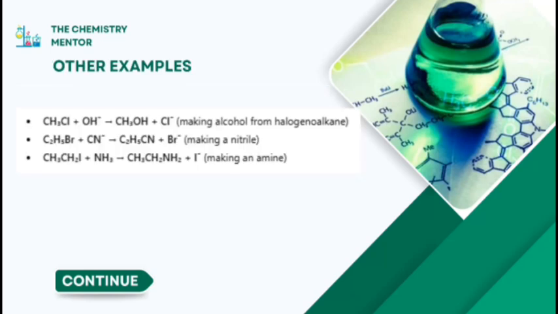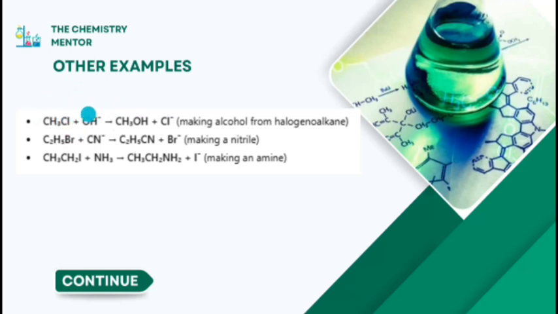Think of it like this: you are swapping a player on a football team. The old player leaves, a new player comes in, and the game continues smoothly. Let's see some other real life examples where you can see that a halogenoalkane is reacting with OH negative, and OH is reacting as a nucleophile because it is going to give the electrons to the carbocation, which will be deficient